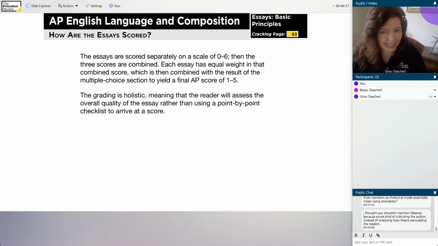And again, this is somewhat unknown because this AP is not like the others. But the way the AP essays are normally graded is they're normally graded on a scale of 0 to 6. Zero, you wouldn't get a 0 unless you didn't write an essay, right? But for most people, it's going to be 1 to 6. Okay, so 6 is the highest score, 1 is the lowest score. And then typically your essay scores are combined with your multiple choice score to form the overall AP score, which is on a scale of 1 to 5.